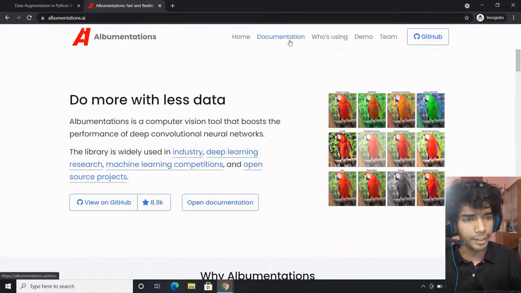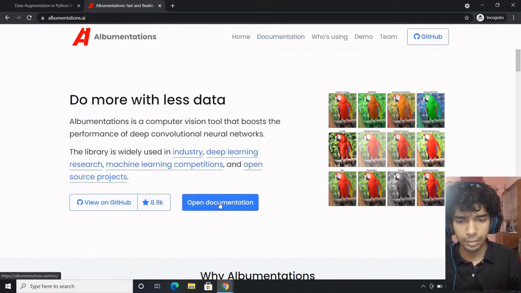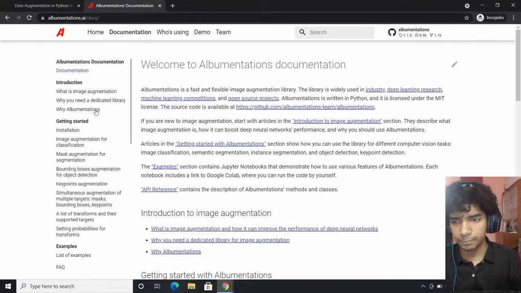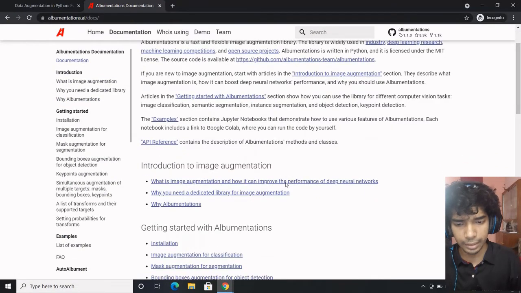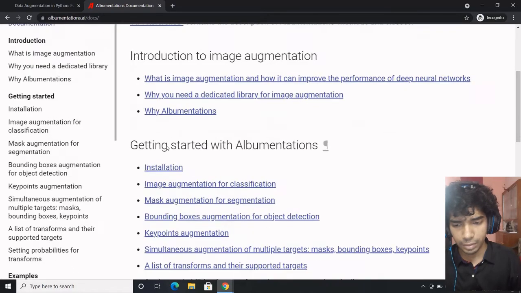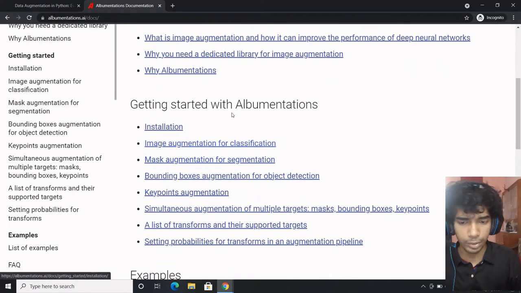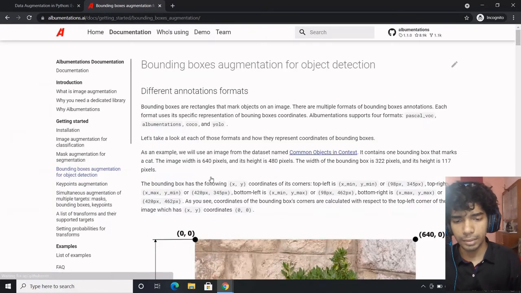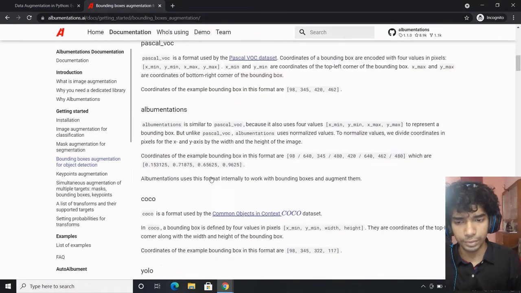Albumentations is quite elaborate in itself, covers a lot of fields, explicitly the computer vision domain, be it image augmentation, mask augmentation, bounding boxes, everything. So if you check bounding boxes, it even covers those things.